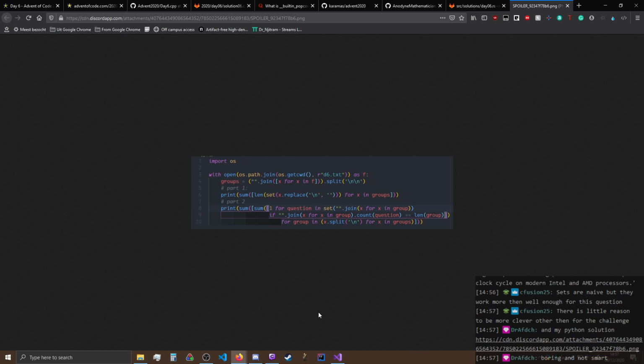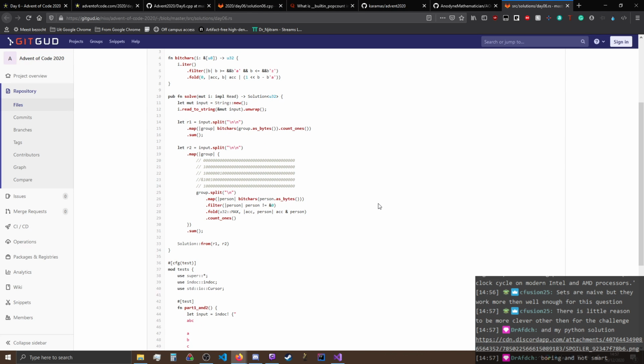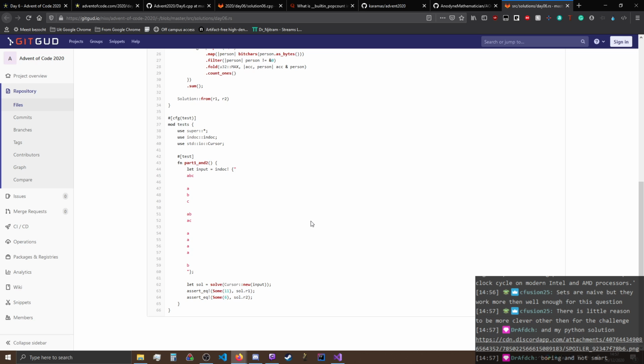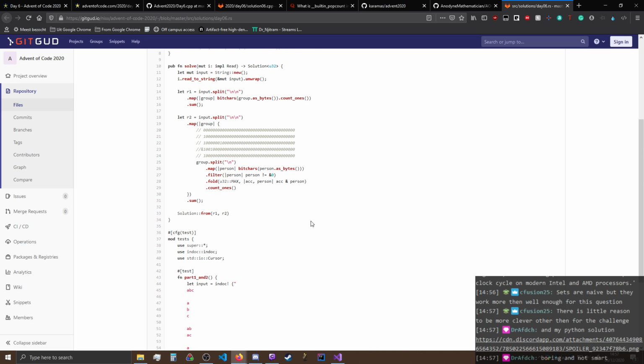Yeah, it's just the same thing you did before, basically. It's more sets as well. See, what did Mr. Rust do? I hate reading Rust so much, but at least it's fairly simple. So you split the input so you get every single group, then per group you map it to this lambda. Split it so you get it per person, then you map the person to bit characters, person is bytes, so it just gets done as this. Then you filter